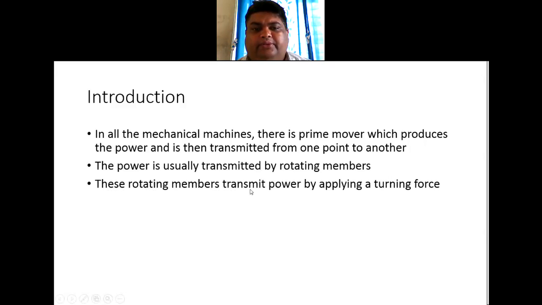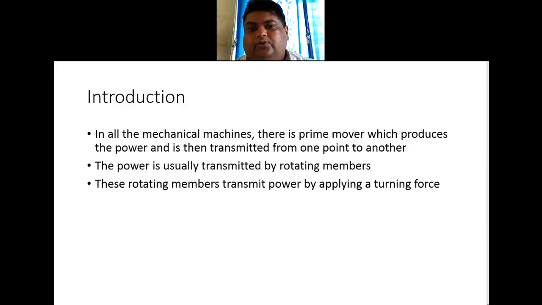These rotating members transmit power by applying a turning force. For example, I have an electric motor. The shaft of the electric motor is my prime mover. The shaft starts rotating whenever I supply the electricity to the motor, and this power, which is in the rotating shaft, I need to transfer to my machine, for which I may use gears, belts, or some other drives,